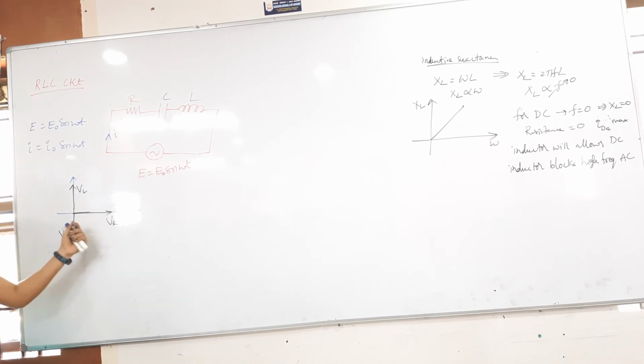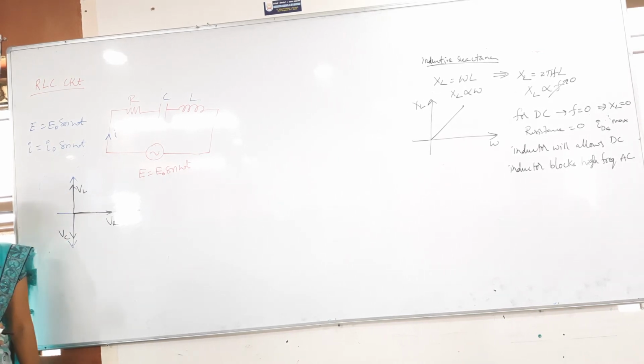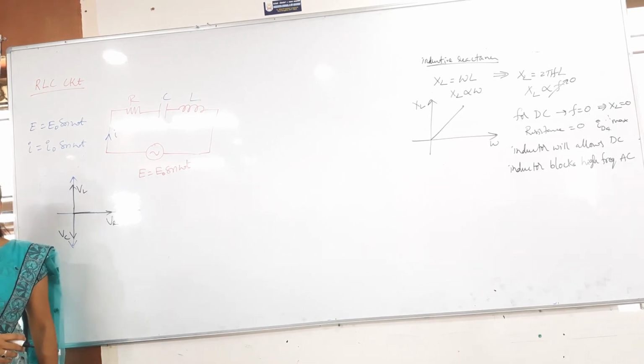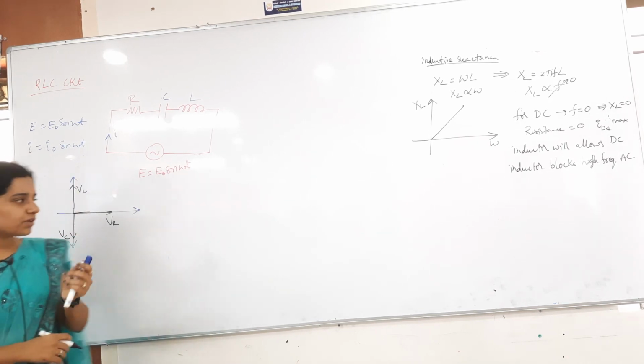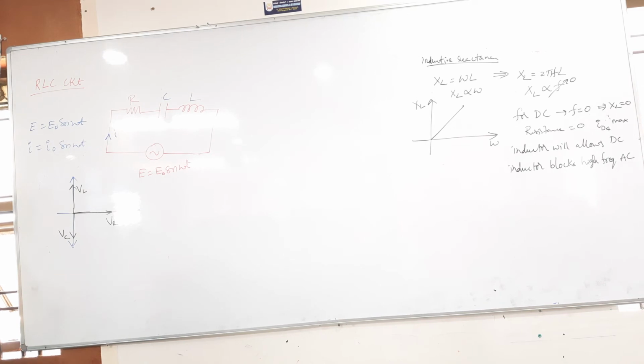So we have drawn the resistor, inductor and capacitor phasor diagrams. Now I have to find out the net voltage. To find out the net voltage, how many vectors should we have? 2 vectors, right? By using 2 vectors only we will get the resultant, obviously. So here how many vectors are we having? 3 vectors we are having.